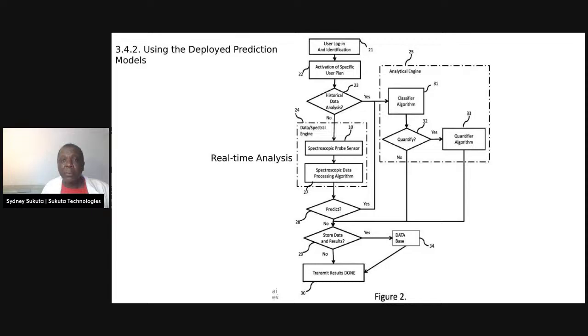And it is processed, and you predict. You declare that you want to predict, and then it goes back here. It will classify the sample first, and I'll show you. It's going to classify the sample. If that's all you want, you're done. Next, you have the option to quantify, like if you want numbers, like pH 7, ABV, let's say whatever, a percentage.